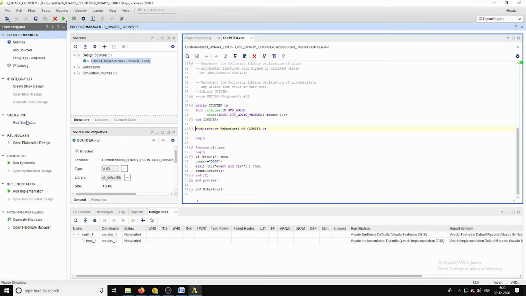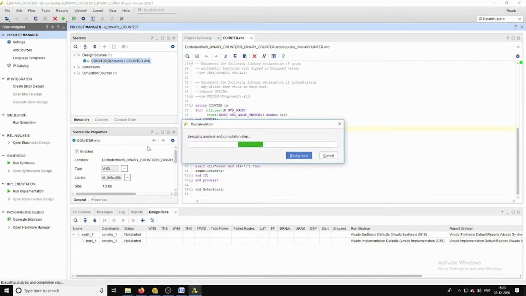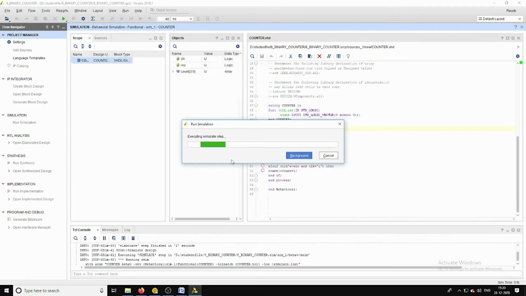Now let us do the simulation of this binary counter.